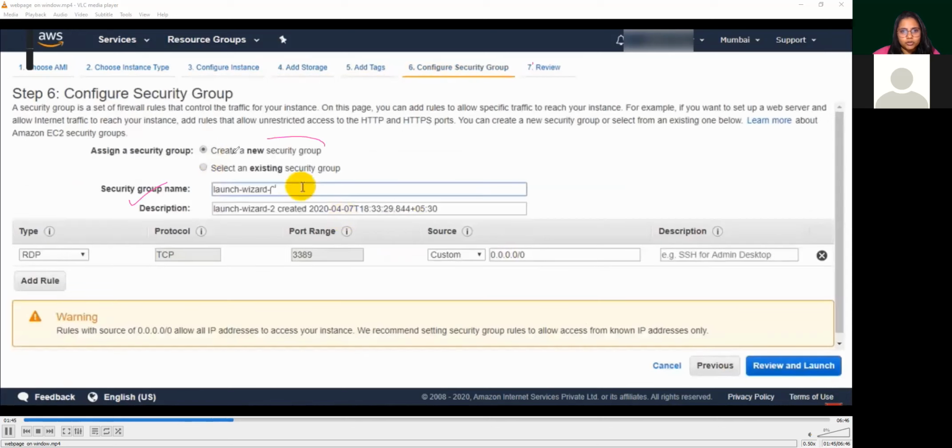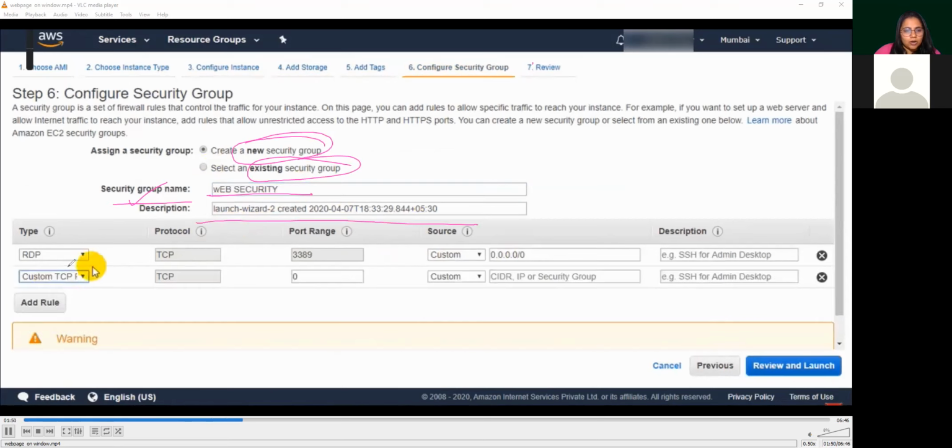Now you can create either your own security group or you can take your existing security group. For creating, you have to give a security group name. In description, will always be there. Now you have to select which type of protocols you want to connect. You will see multiple things in the options. First you have created your security group, and we have created the new security group, and we are giving it the name web security, right? Now we have to select these, which are used for connecting. We have to select RDP and HTTP servers, TCP protocols, port range 3389 and 80, and you can